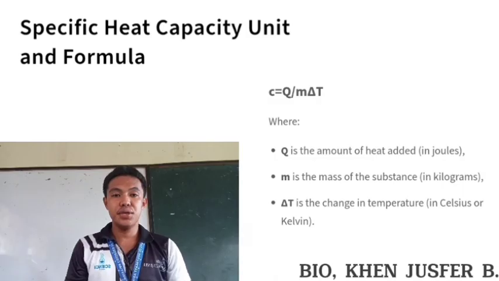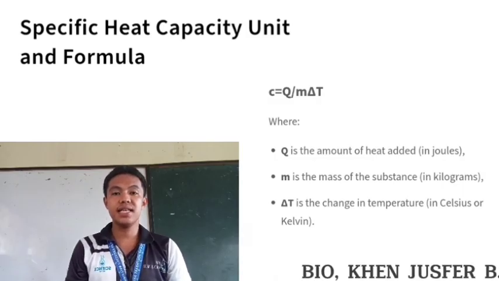The equation used to calculate specific heat capacity is C equals Q over m delta T, where Q is the amount of heat added in joules, m is the mass of the substance in kilograms, and delta T is the change in temperature in Celsius or Kelvin. This formula is derived from the relationship between thermal energy and temperature change, emphasizing how the specific heat capacity moderates